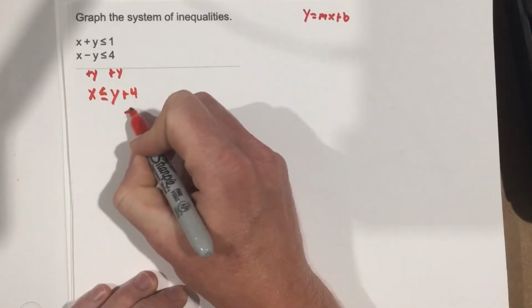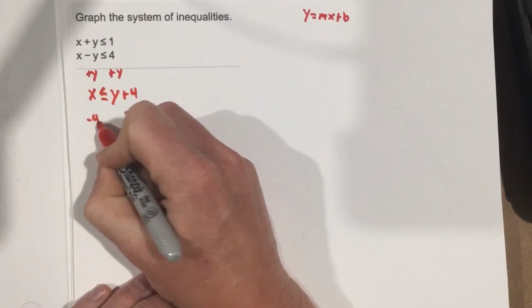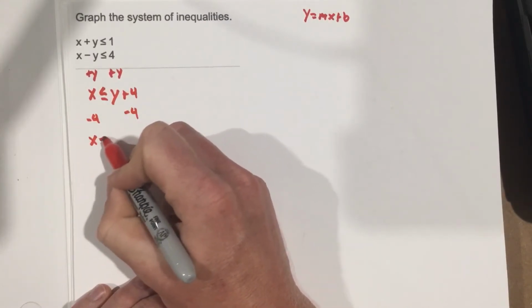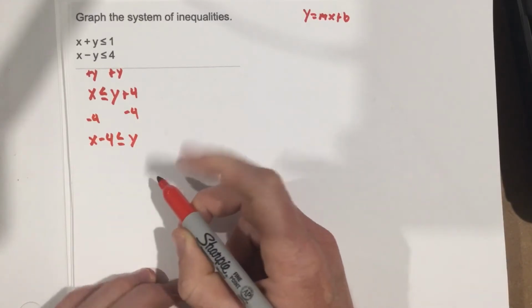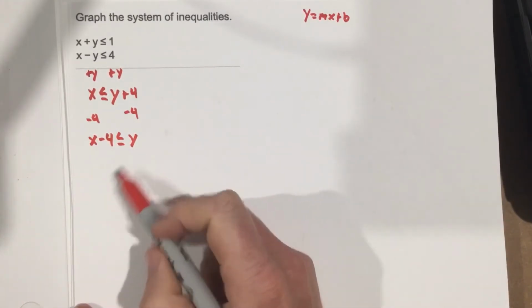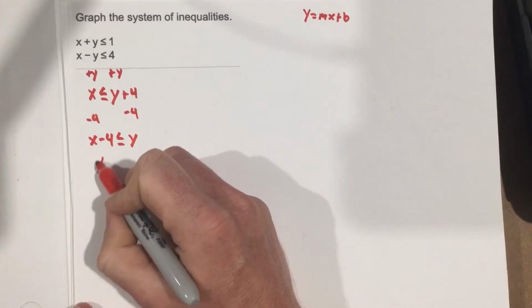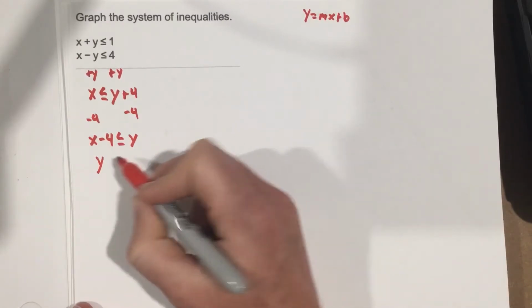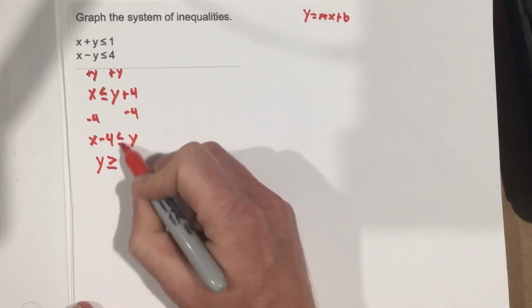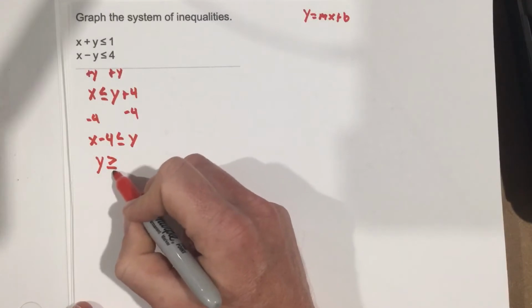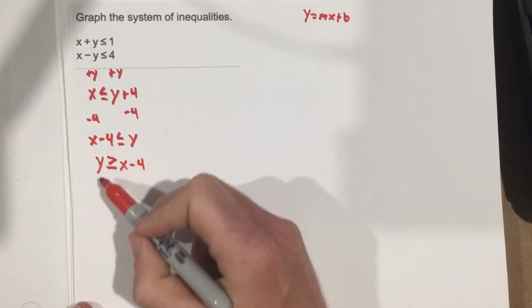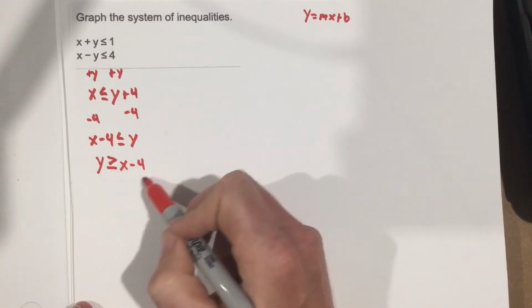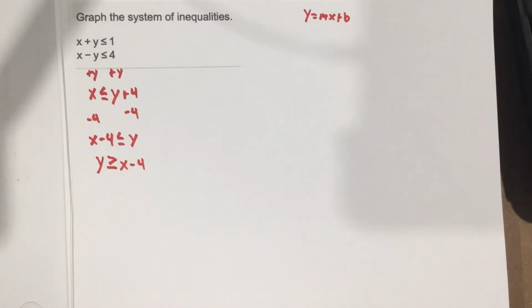And then let's subtract 4 to the other side. So we end up with x minus 4 less than or equal to y. And finally, let's just flip this around so it's now y, pointing the inequality sign toward the y, greater than or equal to x minus 4. Okay, so this is one that we need to graph. Now that's in red. Let's do the other one